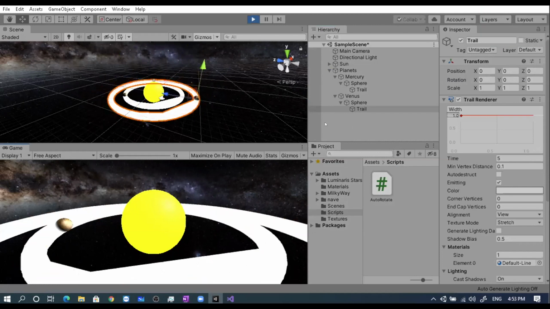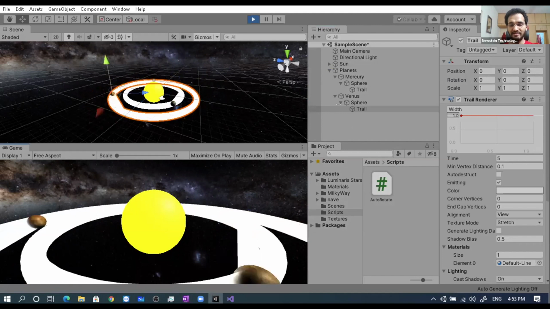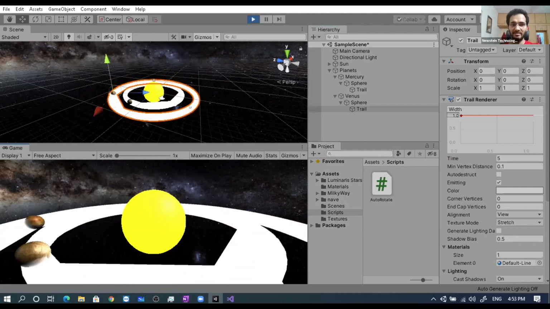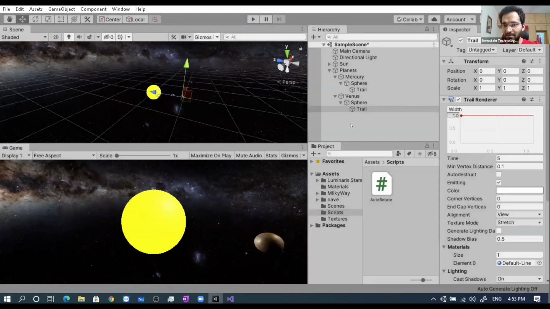Sir, can we change the size? Yes, we can do everything. In fact, in the video that you see, I have used trail only and modified this thing to make it look better. Sir, right, but in yours, only half of the part was looking like orbit. Yes, I know this. So maybe you can try this as a homework. No, don't try this as homework because it will take a lot of time.